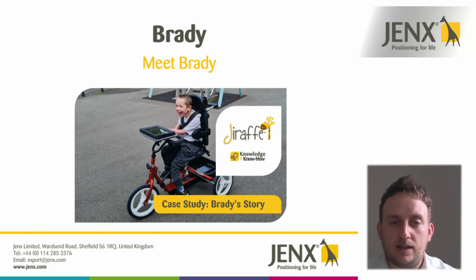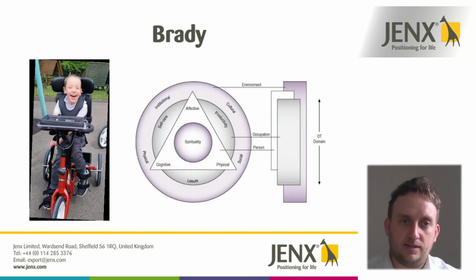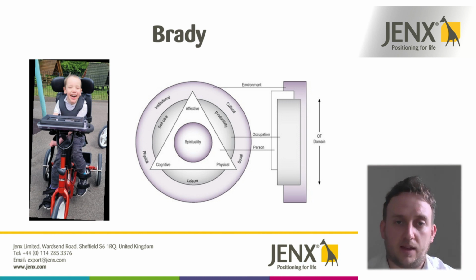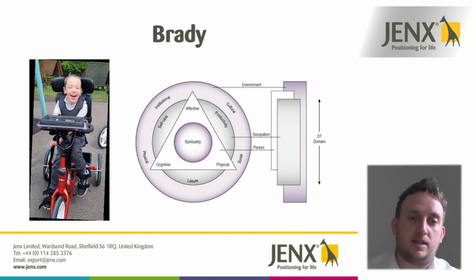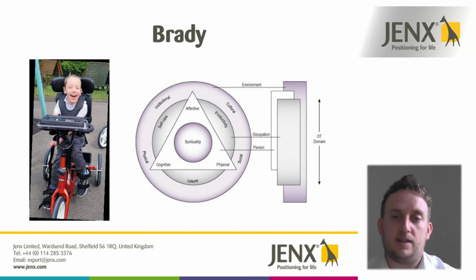And he uses a full body posterior support walking frame as well when he's mobilising. So again, we can take a look at the model of the different things that could affect Brady's ability. So again, we understand his physical condition. So having spastic quadriplegia, we know that he's got weakness throughout his whole body, and how that might impair his ability to use a tricycle, and also that he has the label of the GMFCS level 5, which